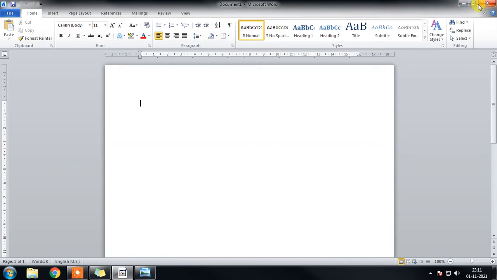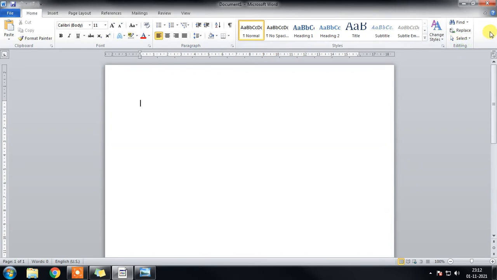And just below the title bar we have a strip-like section that we call tabs, and this section comes just above the ribbon, and these tabs stay to the left side. And to the right side of this we have two buttons. This one is the minimize the ribbon button and this one is the help button. And below these tabs we have a wider section, that we call the ribbon.